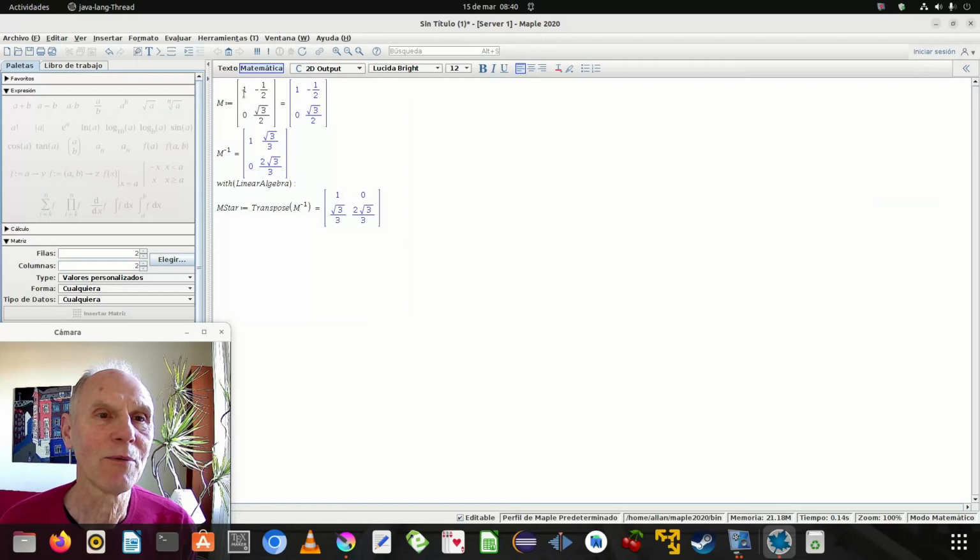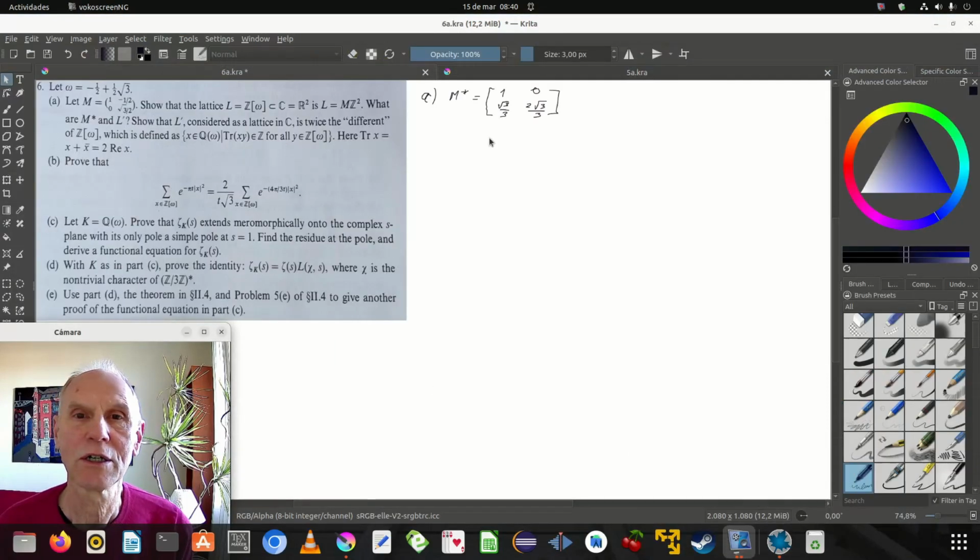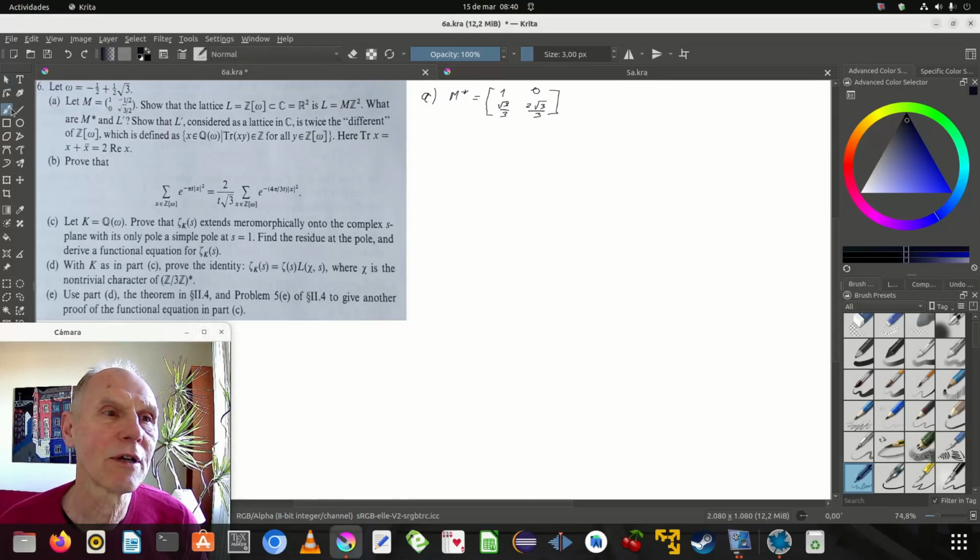So the 1 point omega defines m, the inverse, and then transpose it. So we have the dual, which I copied here. And that means the dual space or dual lattice